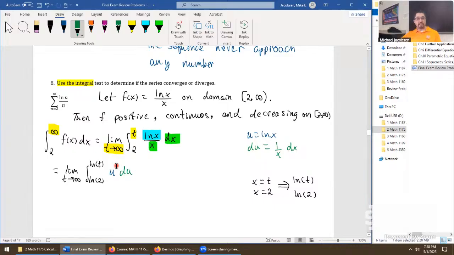So the integration here is usually very straightforward for improper 1, improper 2 on a final exam, because the major concept is getting through the improper integral, which is the whole concept of the integral test. So next step, antiderivative is immediate, a half u squared. So we have a half limit t to infinity of u squared, evaluated from natural log 2 to natural log